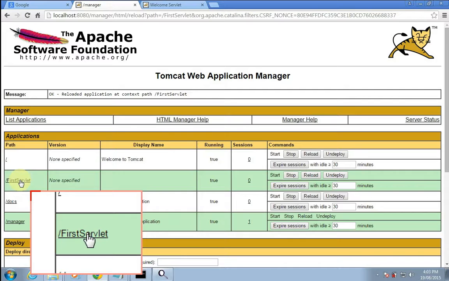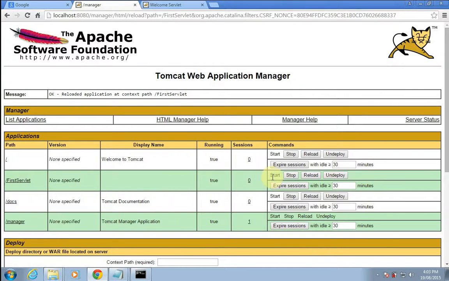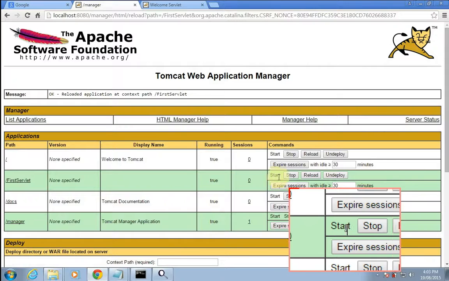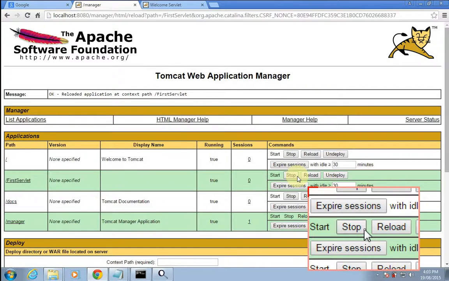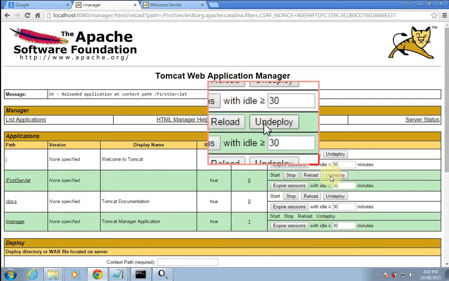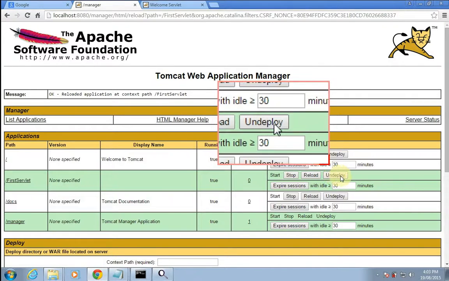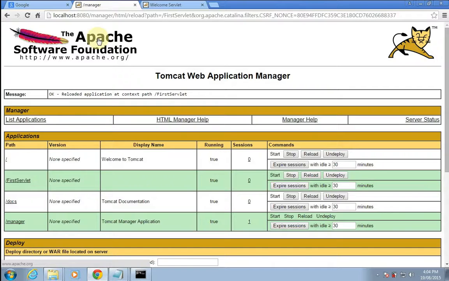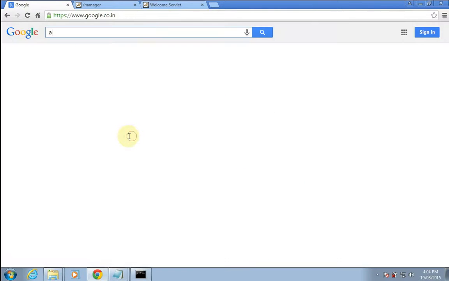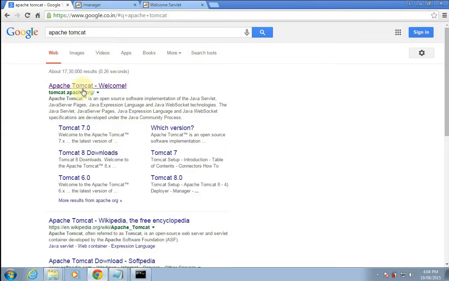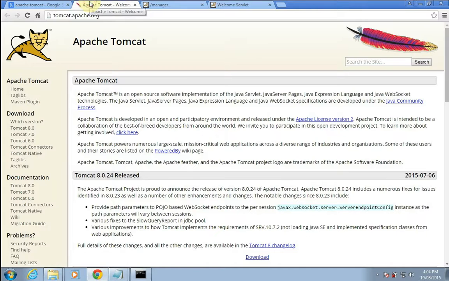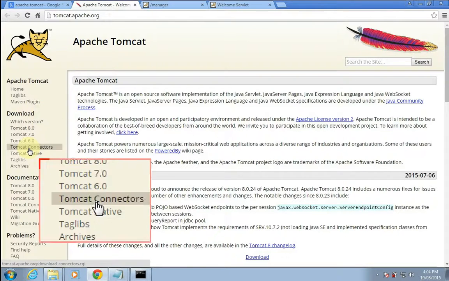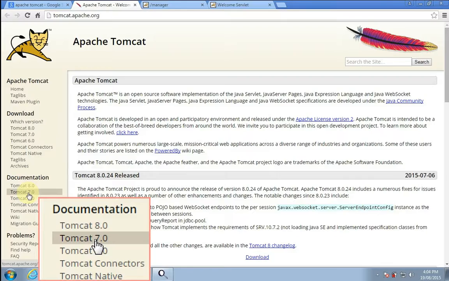Here you can see, you can start the web application, stop the web application, and reload it and undeploy. But never click on this undeploy button. When you click on this undeploy button, your application will be deleted. If you want to see that, you can go to Apache Tomcat's documentation. Here you can see Apache Tomcat. As I am using Apache Tomcat 7, I'll click on Apache Tomcat 7,